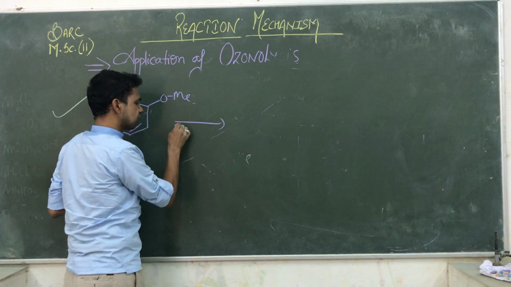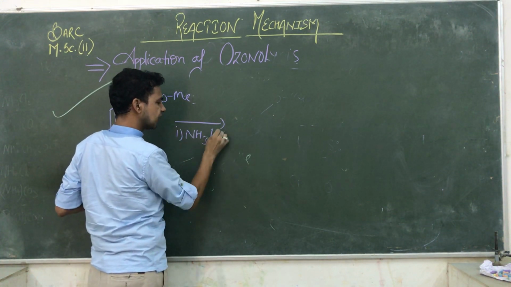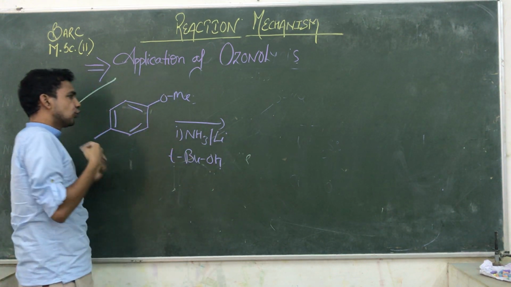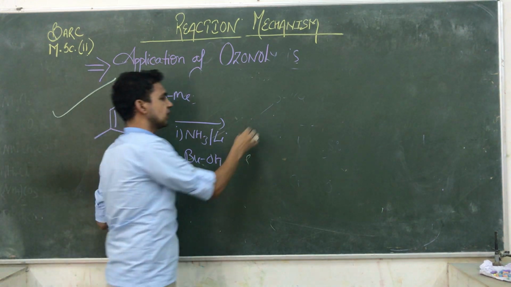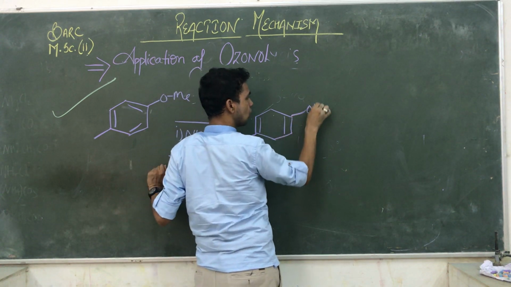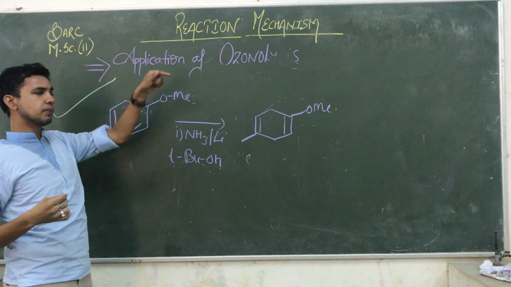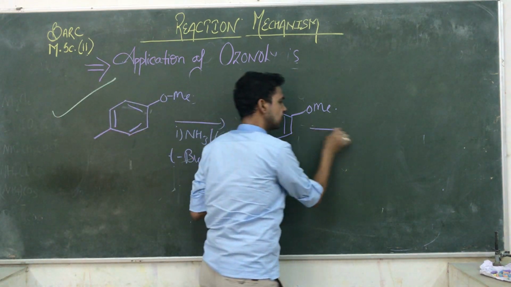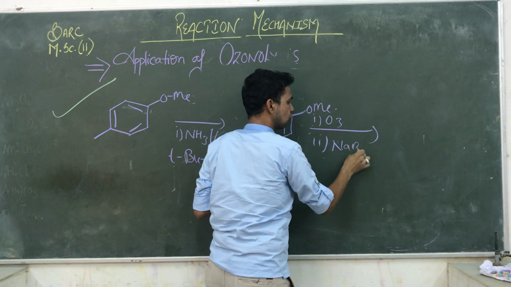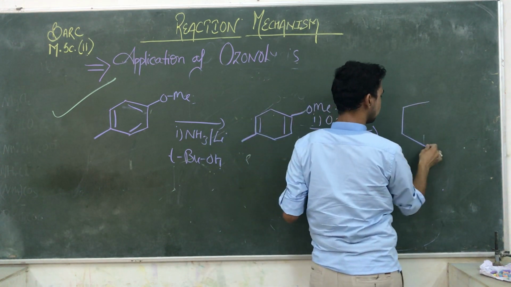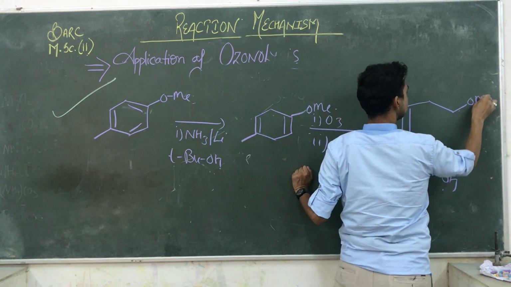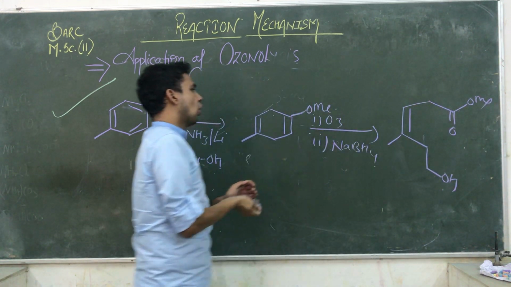So here we first use reduction. Which kind of reduction? Birch reduction, with tertiary butyl alcohol. Due to this Birch reduction, the aromatic compound is destabilized and converts into an alkene. That is OMe. The rest will be the same as what we made earlier. If you follow the different reactions, ozonolysis, then NaBH4, they give you the same compound that you made just now, beta hydroxy ester formation, OMe and double bond O. So always follow.